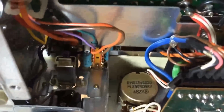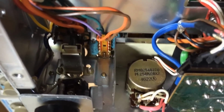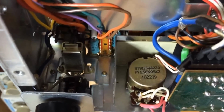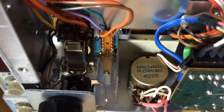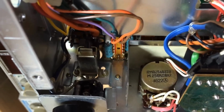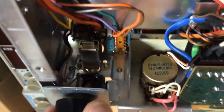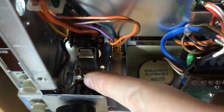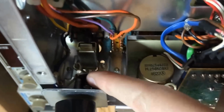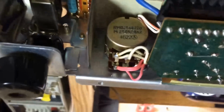Alright, I want to show you something. It might be really difficult to see. I'm going to home in on it. And this could have something to do with the issue, what caused it originally, but I'm not sure. You'll see the feet on this thing, okay? If you'll notice the screw on the other side of these feet coming in, if I tighten these things all the way down the way they should be,